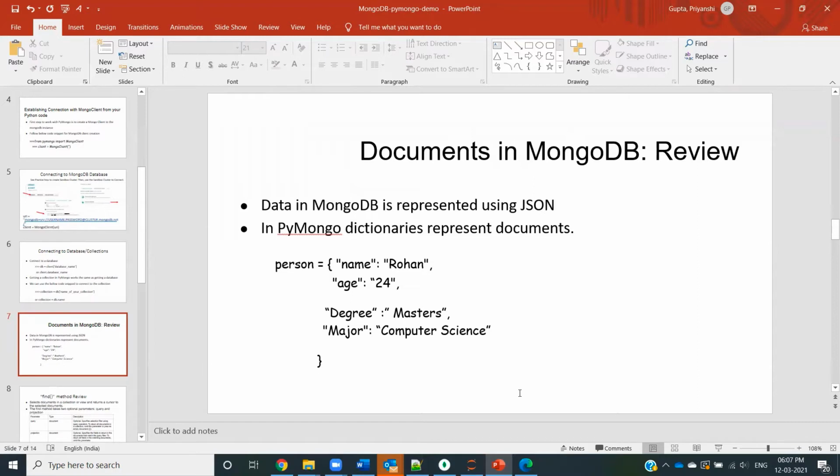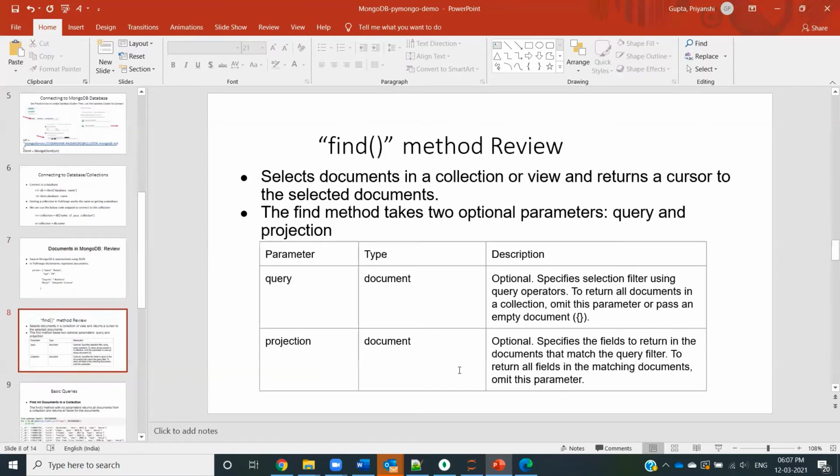So basically, the structure of MongoDB is like a specific cluster can have multiple databases. A specific database can have multiple collections, and a specific collection can have multiple documents. So these documents are nothing but represented as JSON, wherein every document is basically a key value pair. Every field inside the document is a key value pair. So if I want to analyze these documents inside a specific collection, I have a lot of functions that I can use in order to do that.